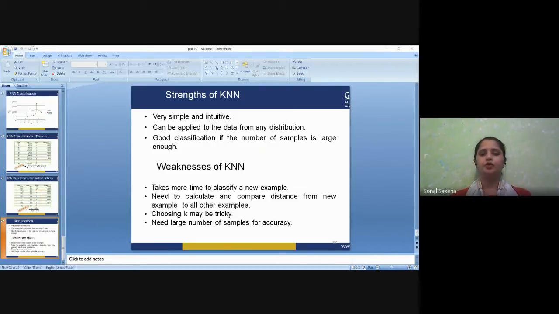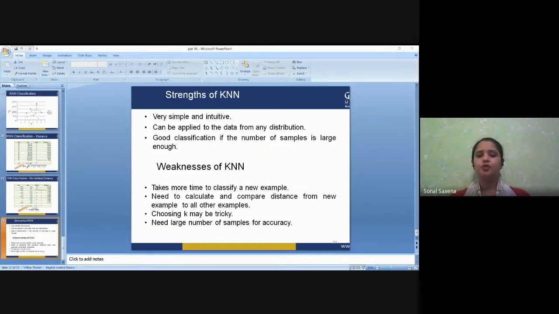So now I'm going to conclude this algorithm, k nearest neighbor, which we have studied today. The k-nearest neighbor is one of the simplest machine learning algorithms based on supervised learning technique. Yes, why? Because it is based on classification, and classification is considered to be a supervised learning algorithm. KNN algorithm assumes the similarity between the new case or data and available cases and puts the new case into the category that is most similar to the available categories.